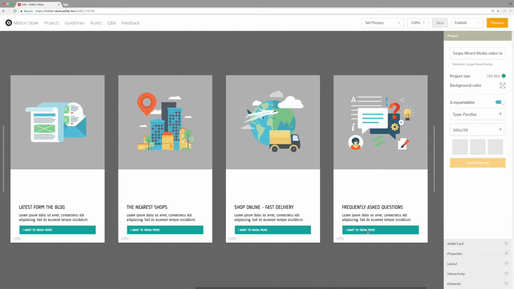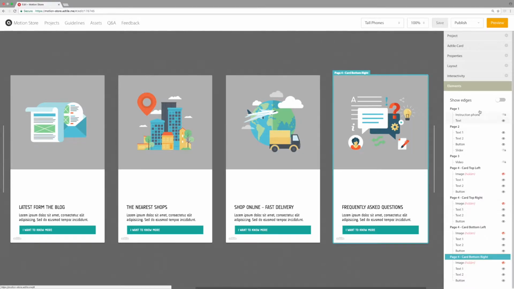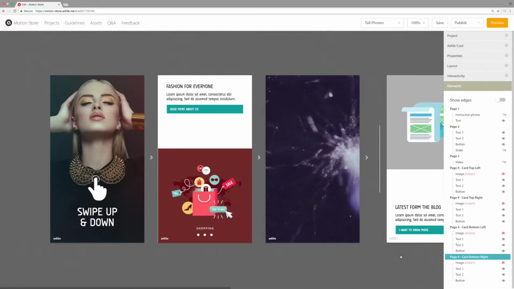To upload your own content and change these settings, use the available options in the Properties tab of the editorial menu for each element in the template. When you select an element, it is highlighted by a blue border with the element's name displayed above it. To see a list of all the template elements, open the Elements tab in the editorial menu. You can show all the element edges and hide individual elements by clicking on the eye icon to the right